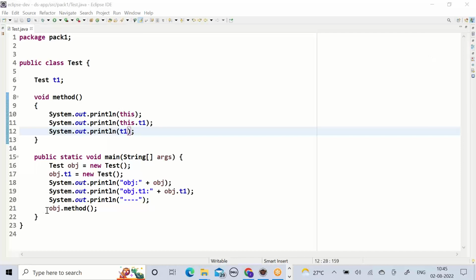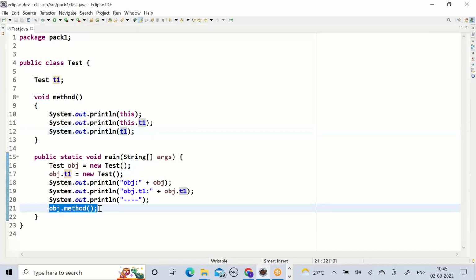While calling any method through obj, in the method body, this is nothing but obj. Now obj.t1, this dot t1,